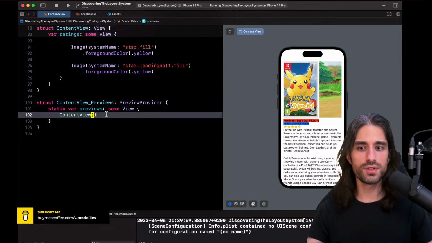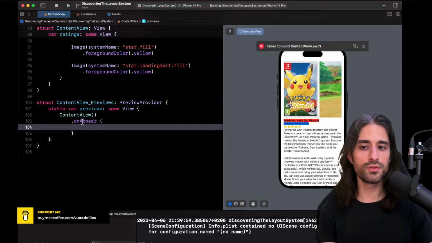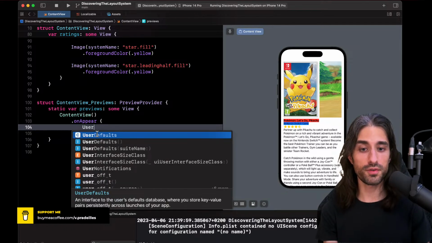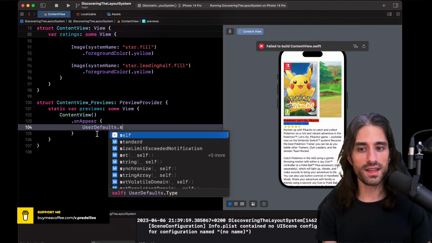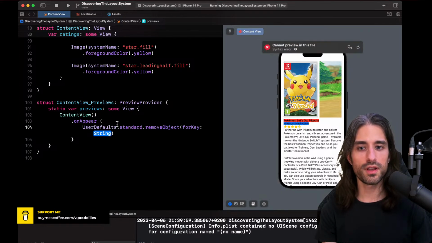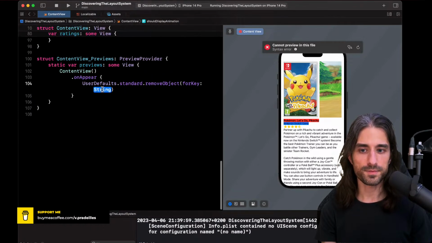And so I wanted to show you that you can also put an onAppear modifier on the view you create in the preview. And in this onAppear modifier, you can do a lot of things, including interacting with the user defaults and saying, for instance, I want to remove the object for the key that is here.